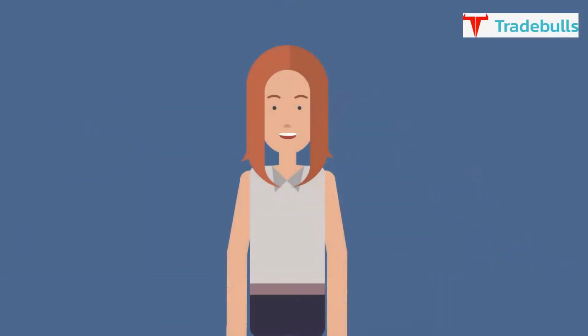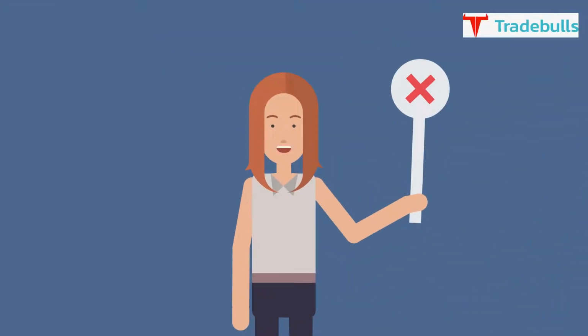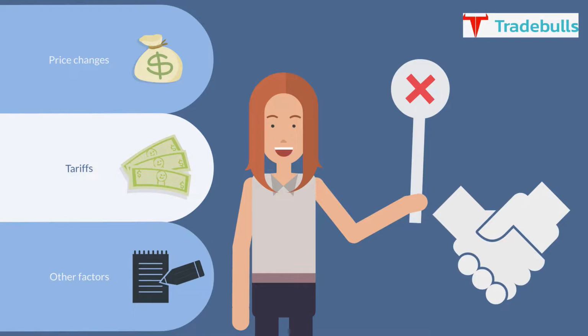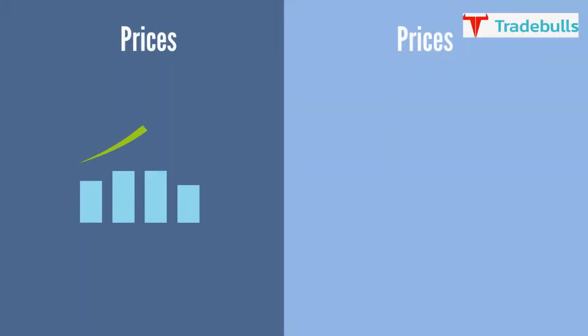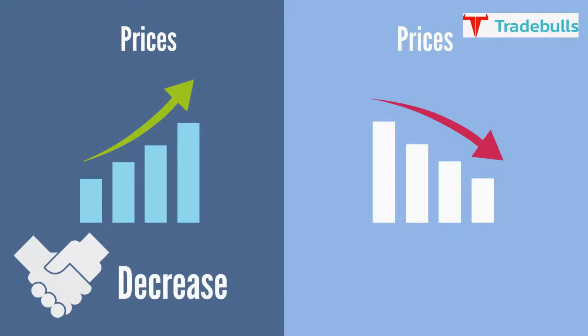REER, however, is not without its limitations. Factors besides trade can impact the REER. The real effective exchange rate doesn't take into account price changes, tariffs, or other factors that may affect trade between nations. If prices are higher in one country compared with another, trade might decrease in the country with higher prices,